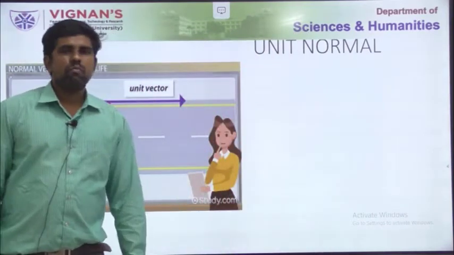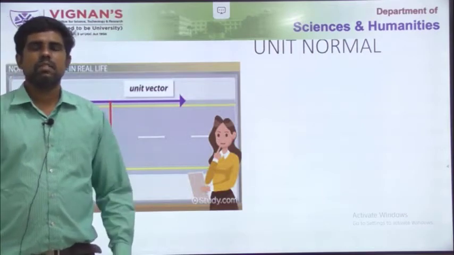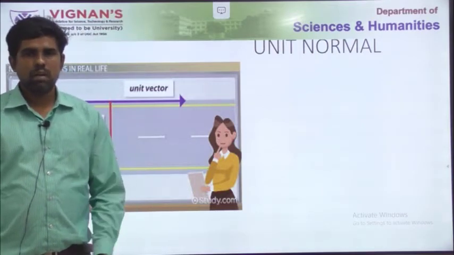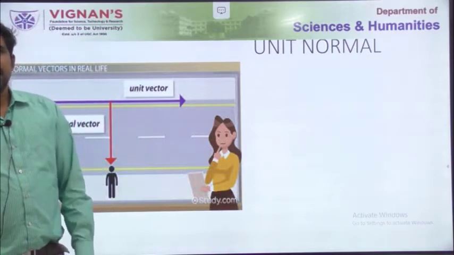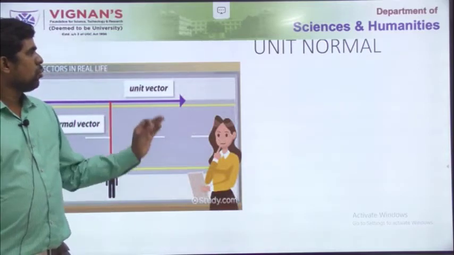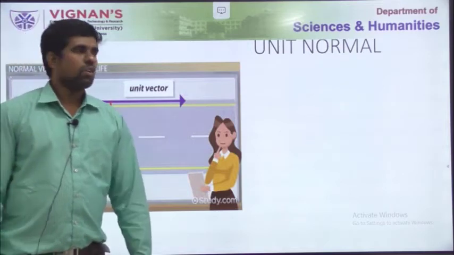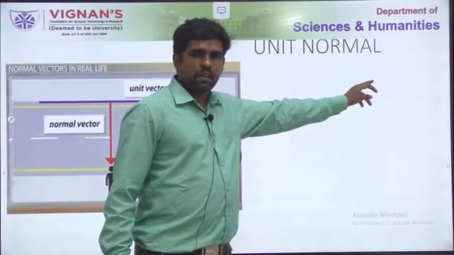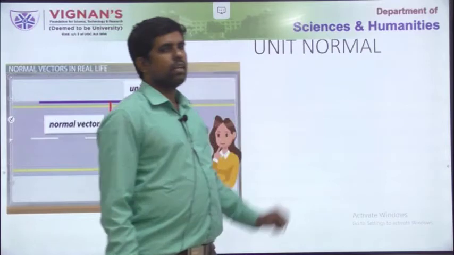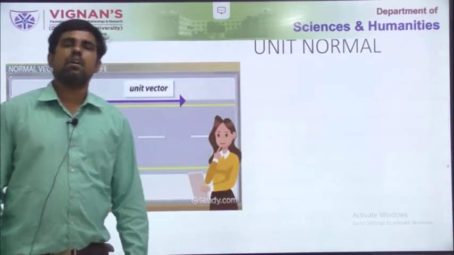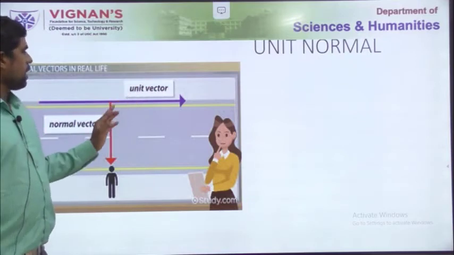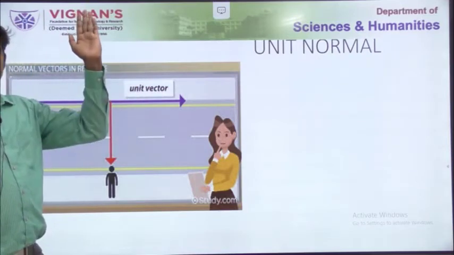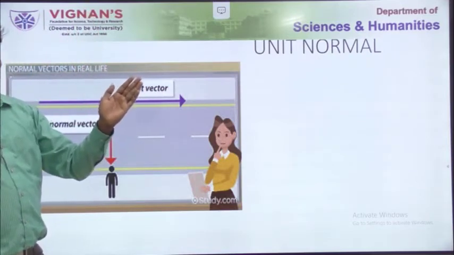So just now we have studied what is del phi or normal vector of a surface. Now we are going to understand what is unit normal vector. So already we know what is normal vector. Additionally, we are including what is unit normal vector. So it is very simple. Anyway, we are going to find a perpendicular vector to the surface at a particular point.